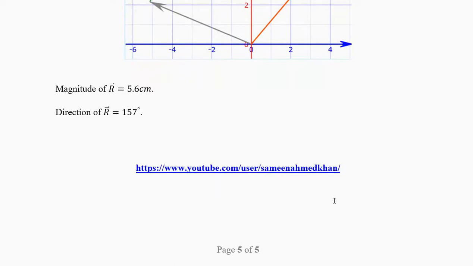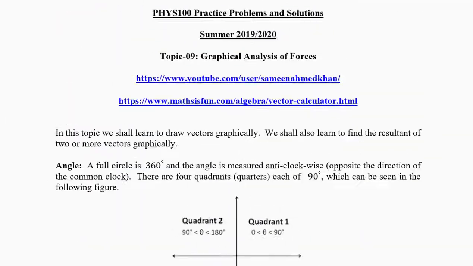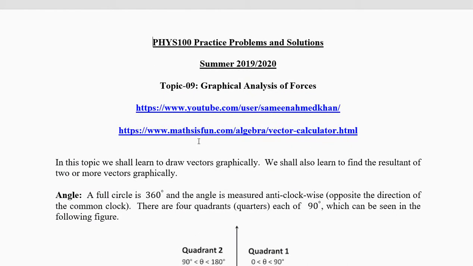You can go to my YouTube channel and read about these topics. And there's a thing called vector calculator available at this website. Please go there and play on that website. I have told you about this website before also. That will help you to do many calculations, inshallah. Practice your vectors on this website. Put two vectors a and b and you will get the vector r equal to a plus b.